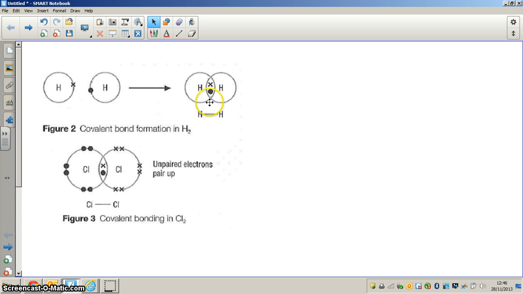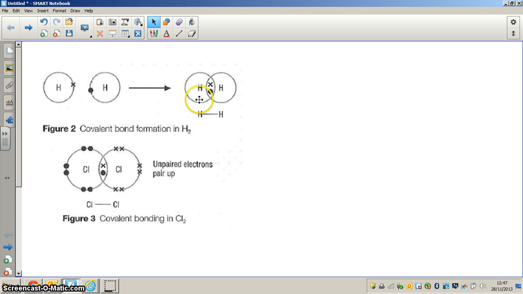A dot representing electrons from one element and a cross representing the electrons from the other atom. It may be the same element, it may be a different element. In this case we've got a hydrogen atom and another hydrogen atom, crossed with the electron from the one hydrogen atom and a dot with the electron from the other hydrogen atom. So when these join together they form a covalent bond which exists between the two hydrogen atoms to form the